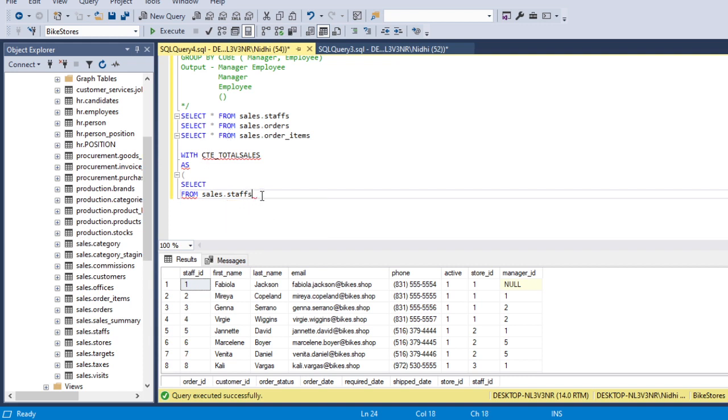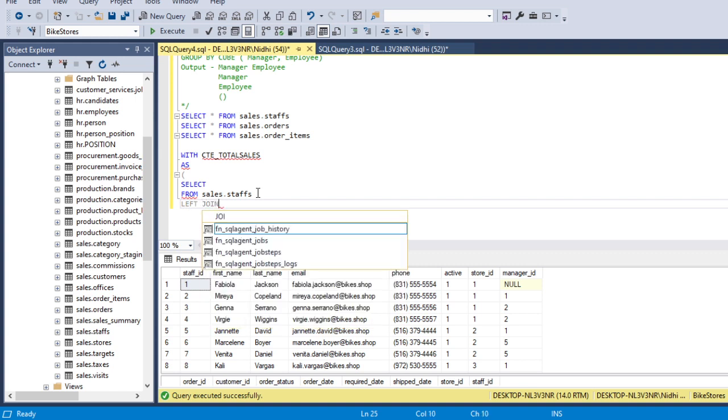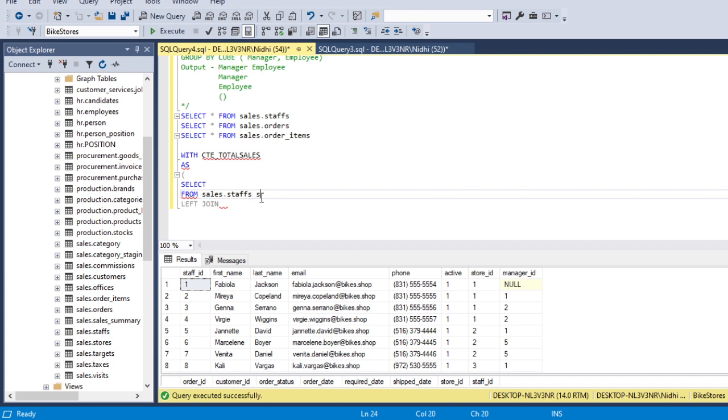Now we will apply the left join on the second table, which is our orders. First we will give it an alias, so left join sales dot orders o on. As you can see, in our first and second tables the common column is staff ID.